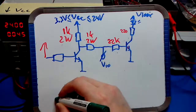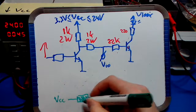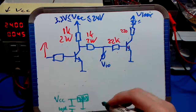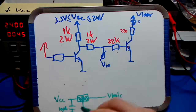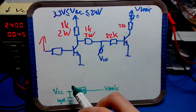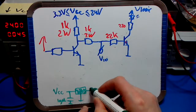So how this works is basically this. You have VCC as an input to the box. It goes into a 7805 regulator, linear regulator. There's a cap here. I think it's 10 microfarad electrolytic or something like that. Output goes to V logic. Right. This regulator will start to drop out at voltages of about 7 volts or 6.5 volts. In other words, if VCC is lower than 7 volts, say, then the output V-logic will start to drop, and we don't want that. So what we do instead is